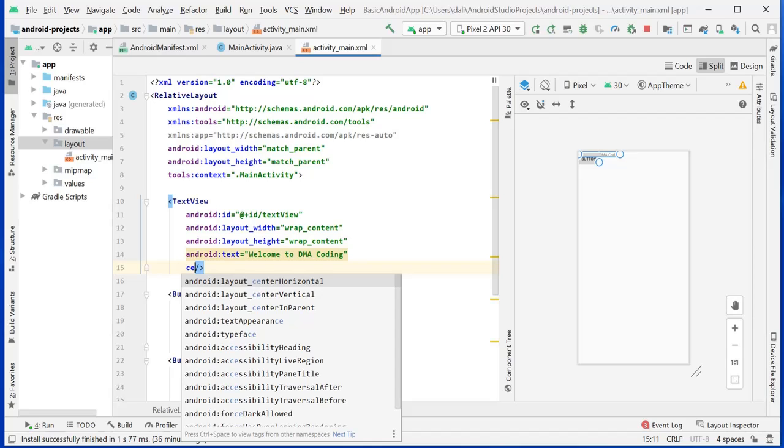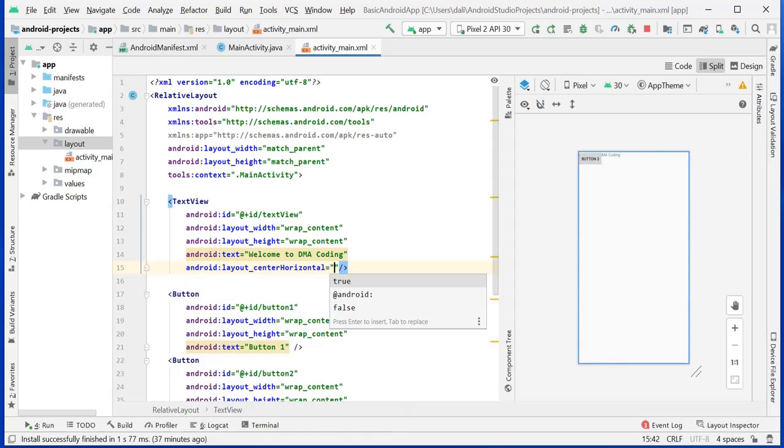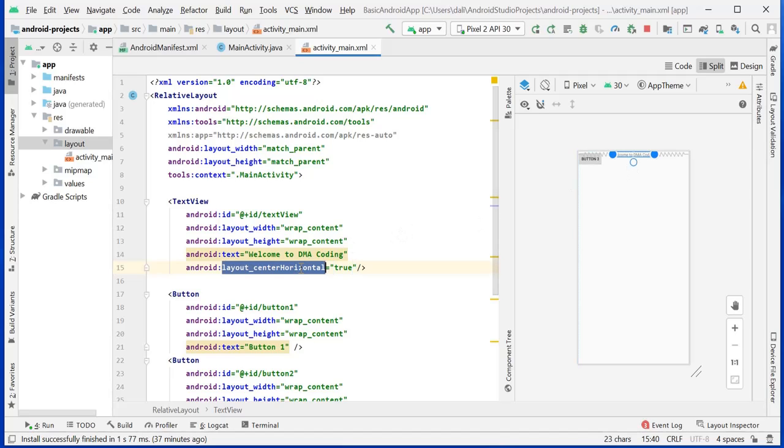Three options are coming: center horizontal, center vertical, and center. Center horizontal true will make this text centered width-wise, horizontally. Center vertical true, and vertically it is becoming centered.